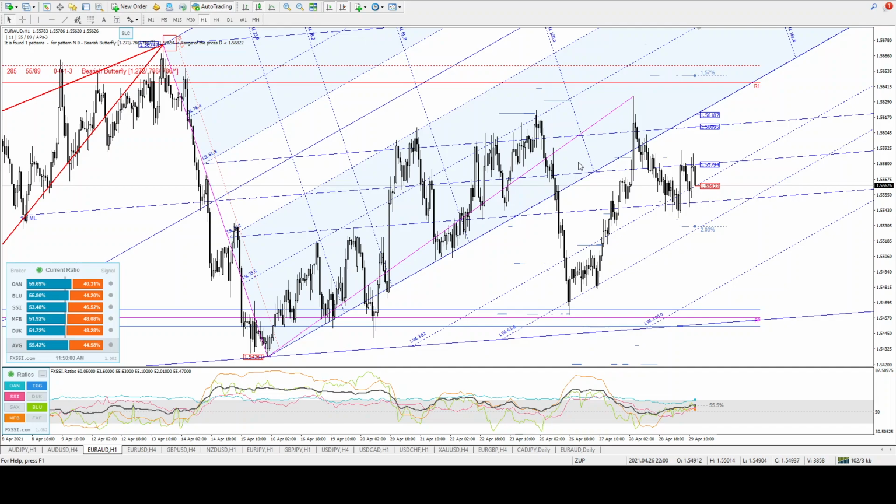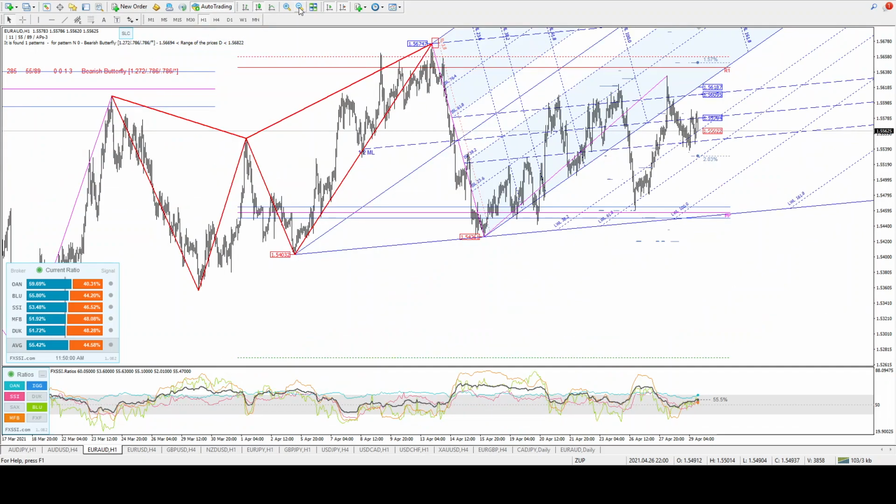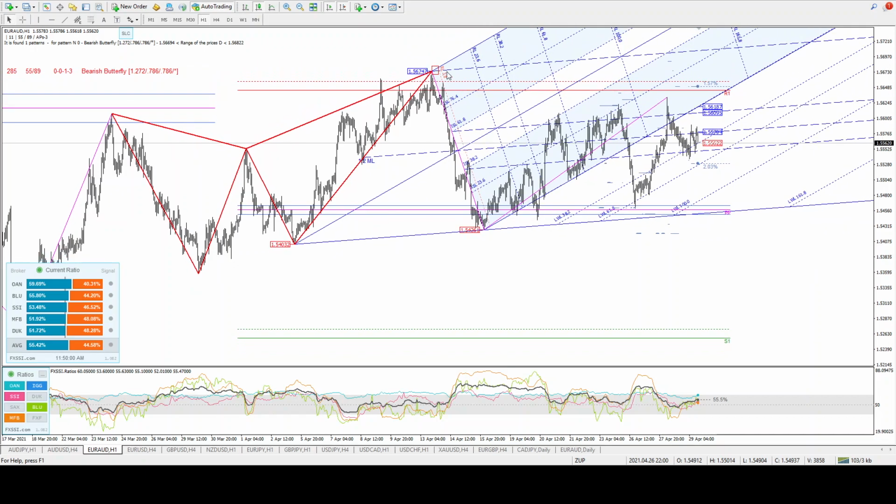EURAUD, we are within some fib channel here for 61.8 and 38.2. It's based on that low, so it knows that's a higher low, so it predicts support or resistance. So there's your channel top, there's your channel bottom. So it's then calculating the 50% of that angle at 155.79, and we're broken below,